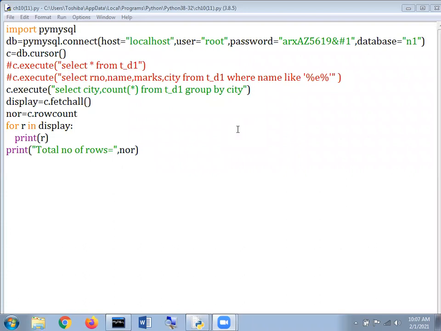Today, I'm going to begin with how we are supposed to retrieve the data from a table. Hope you remember that in our previous sessions we have done how to create a database, how to create a table within that database, how to insert the values, and fourth, how to display the entire data. I am repeating that we displayed the entire data. But today we are supposed to display the data as we desired.